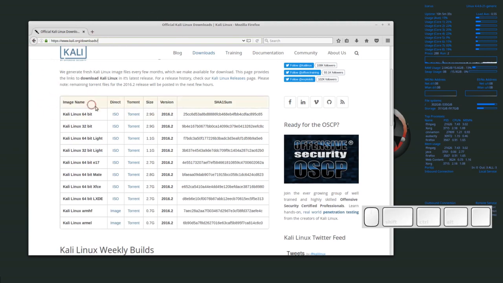I am on a 64-bit host system, so my computer that I'm using is a 64-bit system. So you want to choose the version of Kali Linux based on the system that you're actually on, and also based on the interface that you want to use. So for example, I'm going to be using just Kali Linux 64-bit, and we're going to download the ISO,